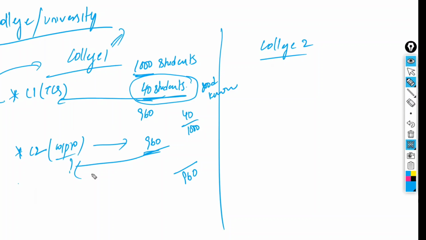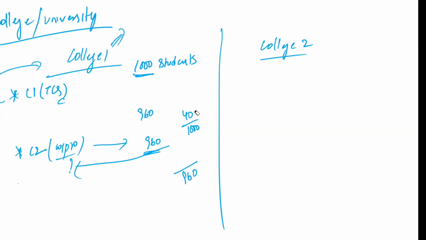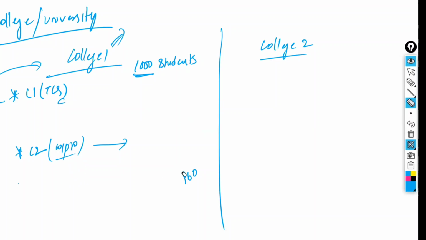Next time, Wipro will not visit the same college, because the main students are already placed in TCS. TCS will not select normal people; TCS also selects only very good knowledge. For example, assume in this situation it was 40 students only, so there is no difference. Let us take it like this.